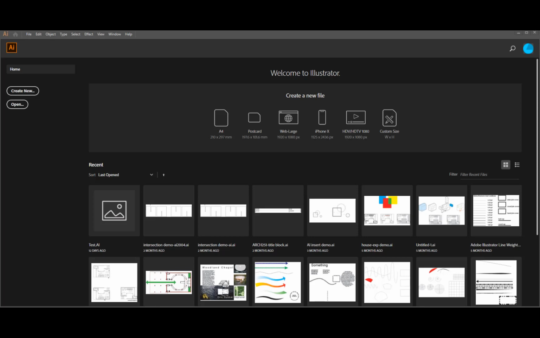Okay, a little bit about Adobe Illustrator is that Adobe Illustrator is a vector graphic program, which means it is very much like your AutoCAD in that it draws lines and shapes and such using mathematical formulas in your computer. So it can be scaled, but the program is mainly created for graphic illustrators